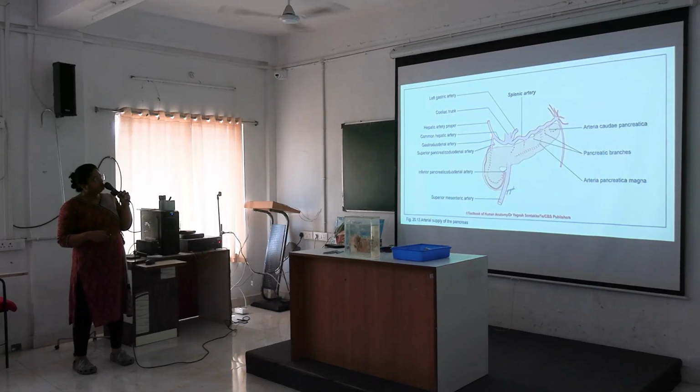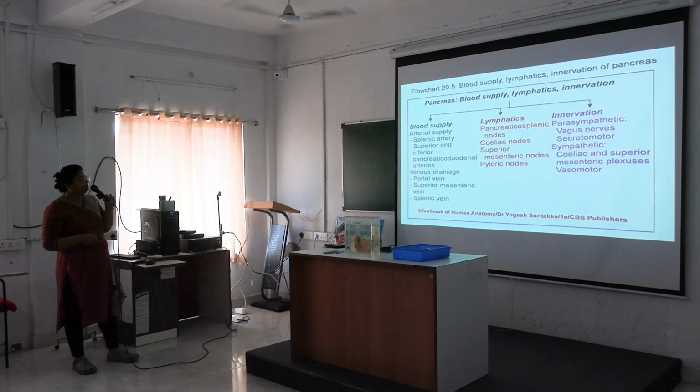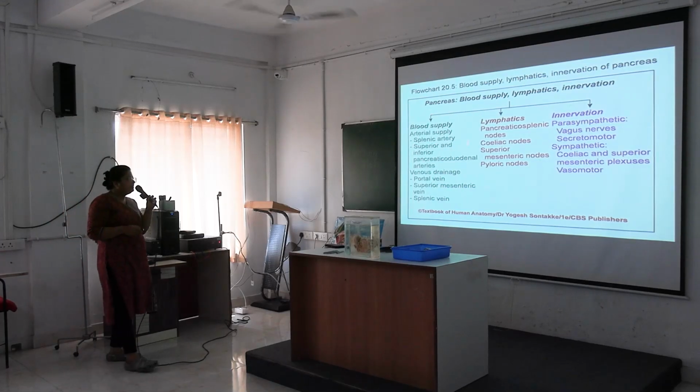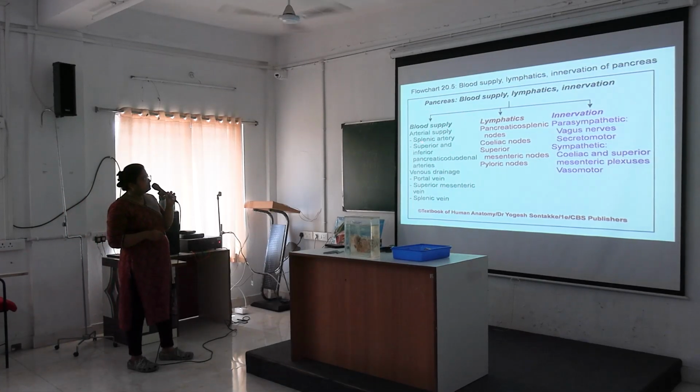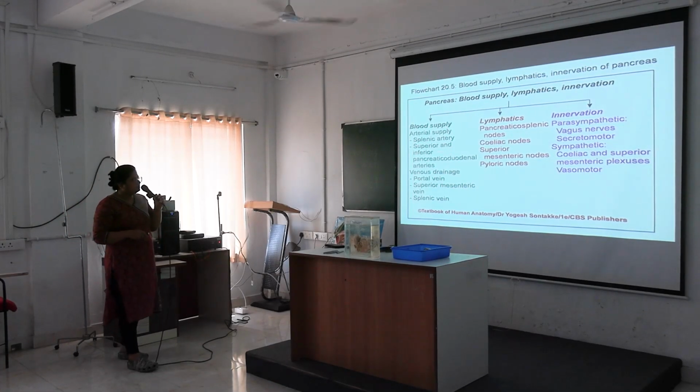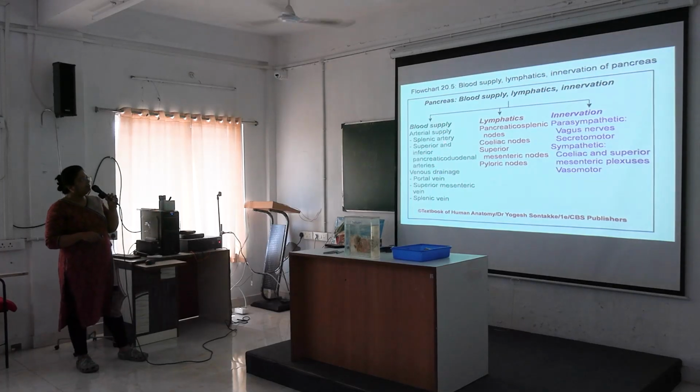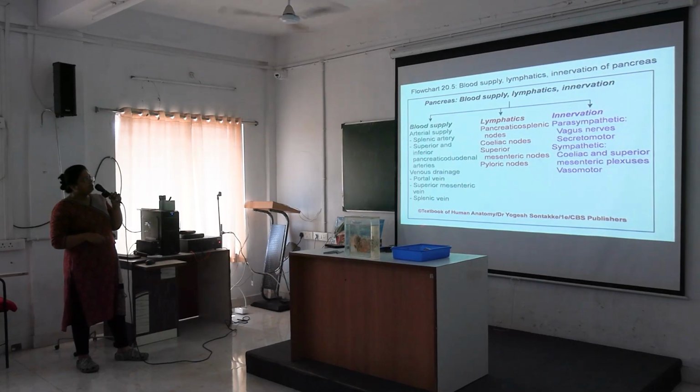Here you can see superior pancreaticoduodenal, branch of gastroduodenal; inferior pancreaticoduodenal, branch of superior mesenteric. It is also getting branches from splenic artery. So arterial supply is coming from this splenic artery, superior and inferior pancreaticoduodenal arteries, and venous drainage is by